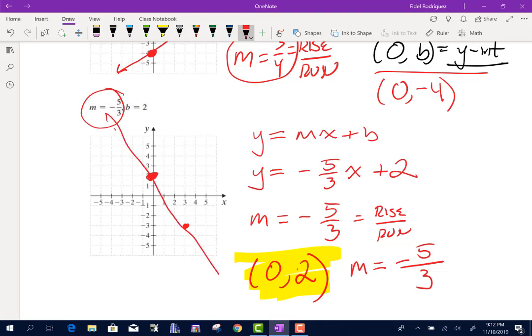And boom, there's my line, okay? So when I have that negative slope, you can think about the negative being with the top. You can actually think about it being with the bottom too if you want to. So guys, just to give you a heads up, if I wanted to think about it being with the bottom,